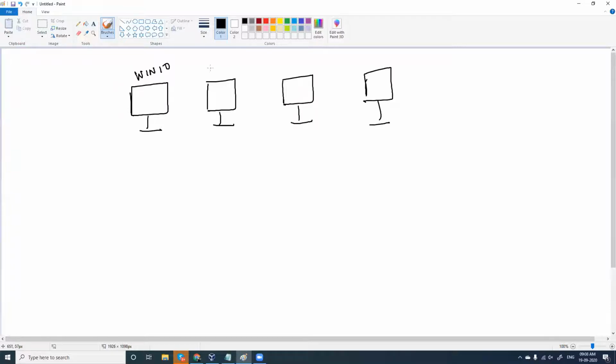Say this is Windows 10, this is Kali Linux, this can be Ubuntu, and this will be Windows 7. Fine. So you will use Kali Linux to attack Windows 7 and test if the attack is working or not. You will use Kali Linux and attack Windows 10, and see if you are able to hack it or not.